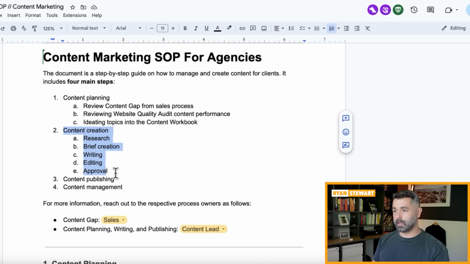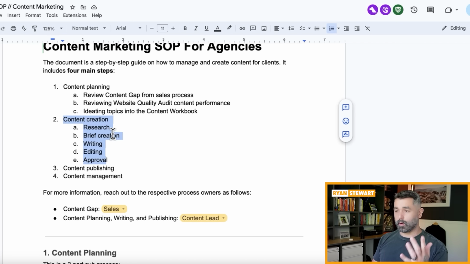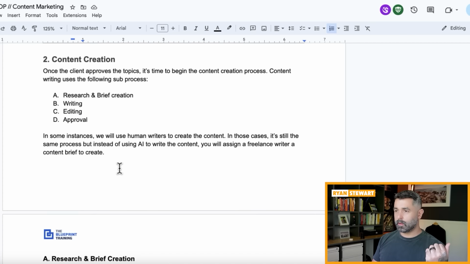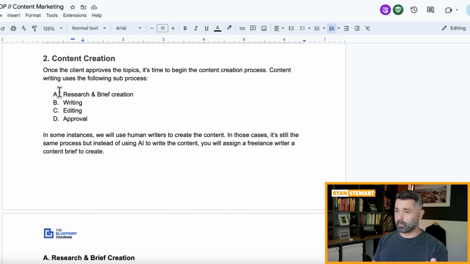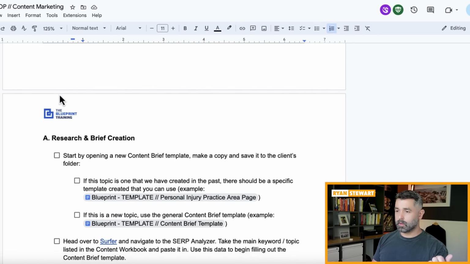Now, this is what I want to focus on during this video. This is going to be the content creation process. So it's a 5-part sub process. There's research, there's brief creation, there's writing, there's editing, and then of course there's client approval, and then it goes into content publishing after that. So after we've got the client approved topics, now we begin the content creation process, and it starts with research